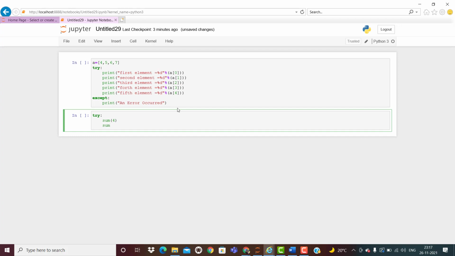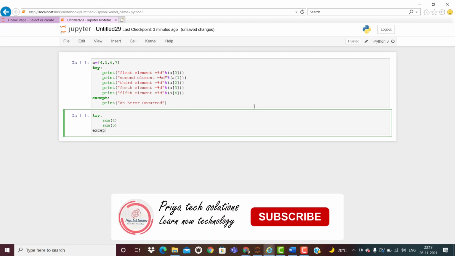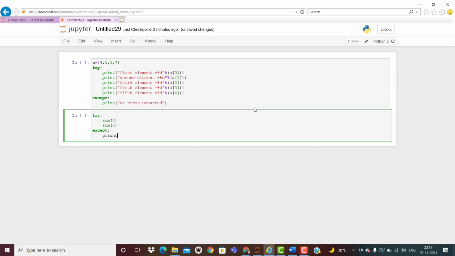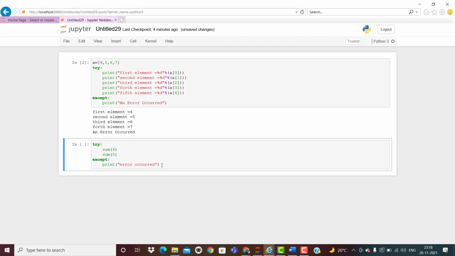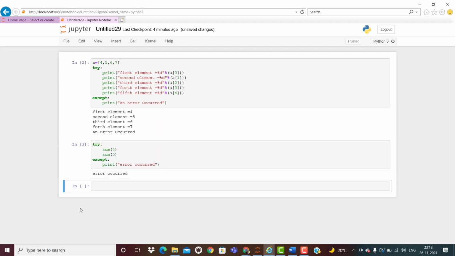Again I am calling this, again I'll send 5, and here I'm going to write except, and here I'm going to write print, and here I'll write some error occurred. So let me check this, which type of error is there. This one. Now see, error occurred.